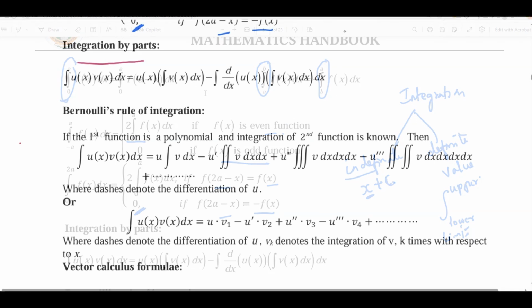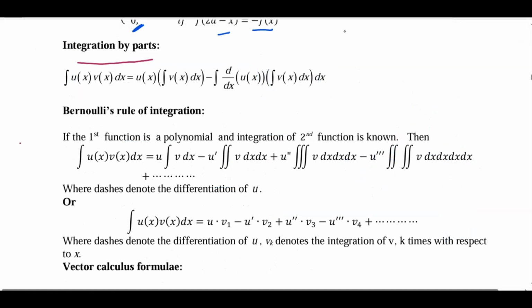Then moving on with integration by parts. Integration by parts can be given as the integral of u dv equals uv minus the integral of v du. We can write this same thing as a shortcut: remember, the integral of u dv is equal to uv minus the integral of v du. So to find this value we'll be using ILATE.